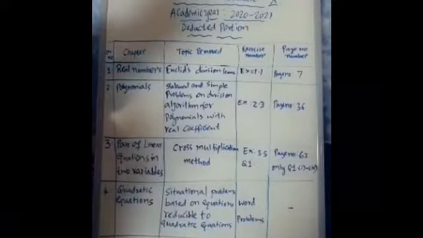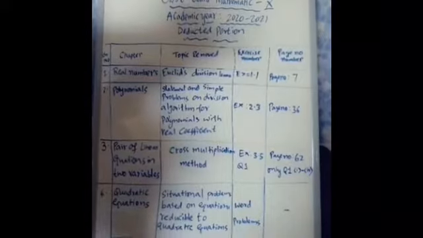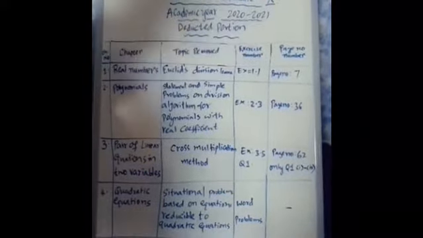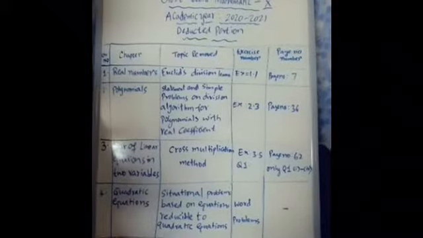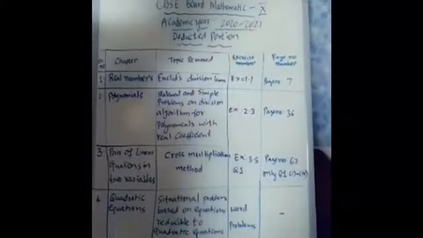Chapter number 5, Arithmetic Progression. Application in solving daily life problems based on the sum to nth term, that is deleted. Sum of nth term based application questions will be deleted. Exercise 5.3, questions number 15 to 20, on page numbers 113 and 114. These are the deleted questions from arithmetic progression.